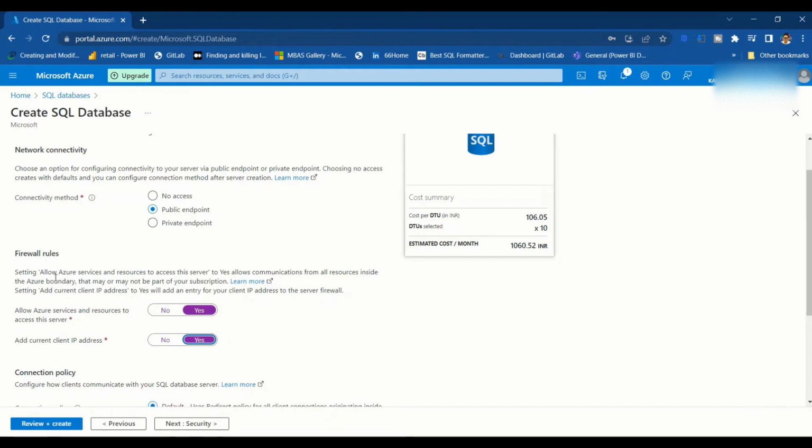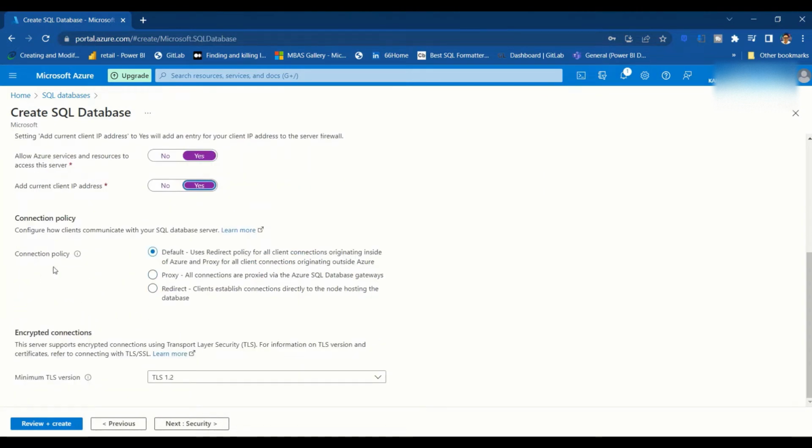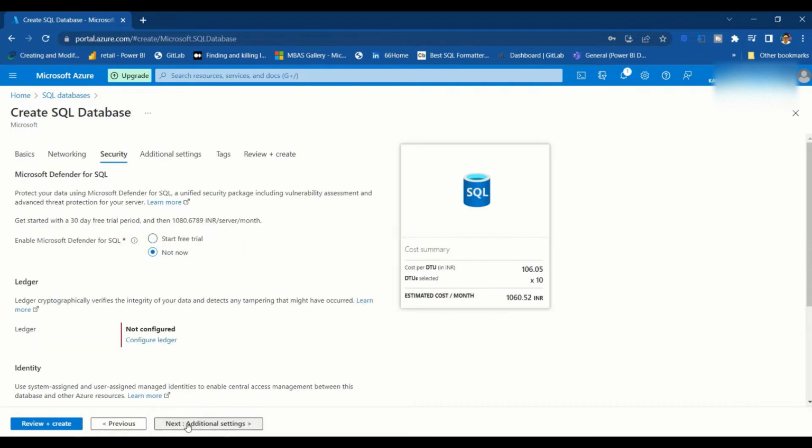Connection policy is default, use redirect policy, proxy or redirect, we say leave it default. Next is security,